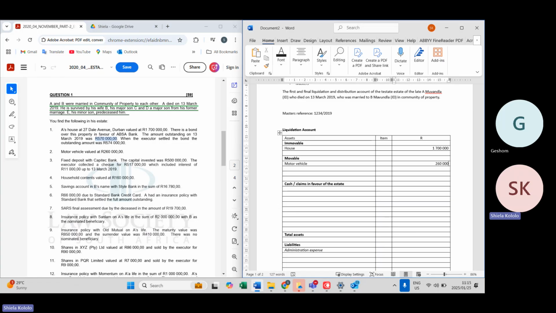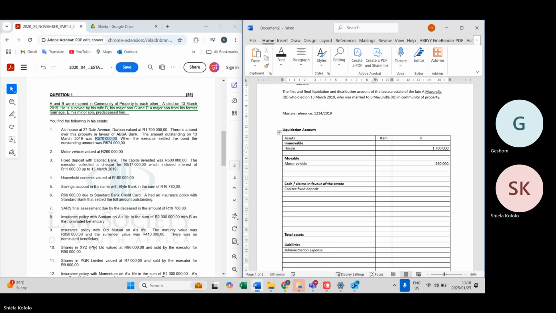It says fixed deposit with Capitec Bank. The capital investment was 500,000. The executor collected a check for 517, which included interest of 11,000 up to 13 March. So, okay, we know that an investment is a claim in favor of the estate. So we're going to say Capitec fixed deposit,